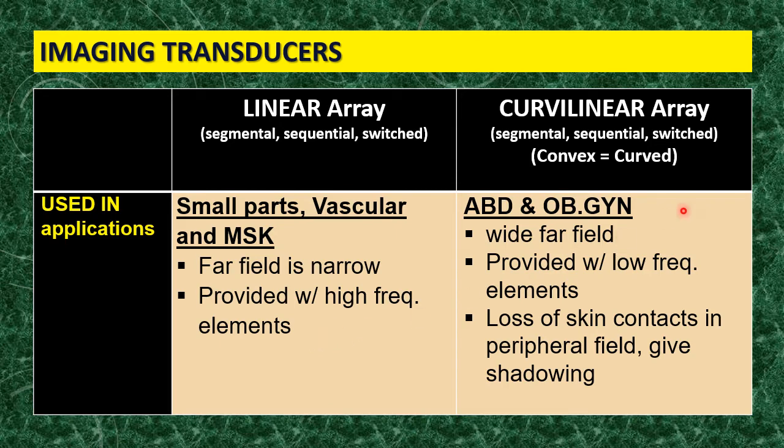Okay. The curvilinear, or the array transducer curvilinear, is used for abdomen and OBGYN because it has a wide far field, and that's why it's provided with lower frequency elements. Okay. And the only defect of this transducer is that sometimes the shoulders of this transducer will lose contact with the skin. That's why sometimes you will notice that by the edges of the image, right or left edges, okay,